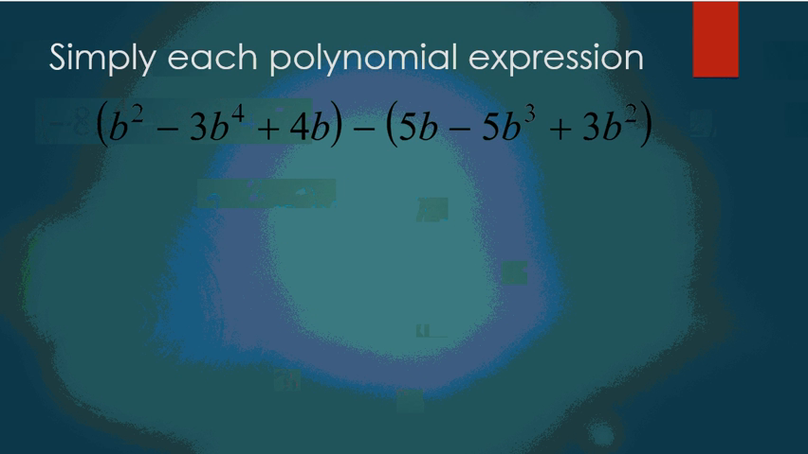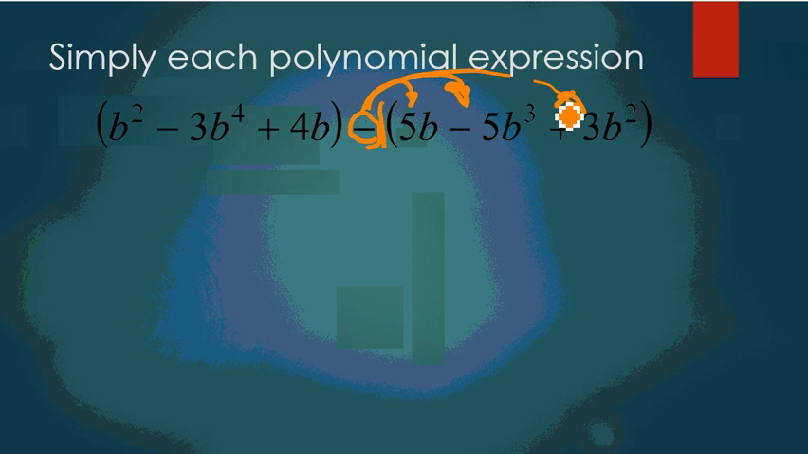All right, so in this example, we need to simplify each polynomial expression. And we got to look. In between my two polynomials, I have a minus sign. And that minus sign is going to greatly affect the second expression. And by that, I mean, this means it's a negative 1 outside. So that means I need to distribute a negative 1